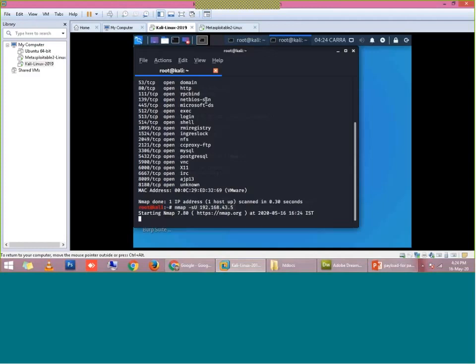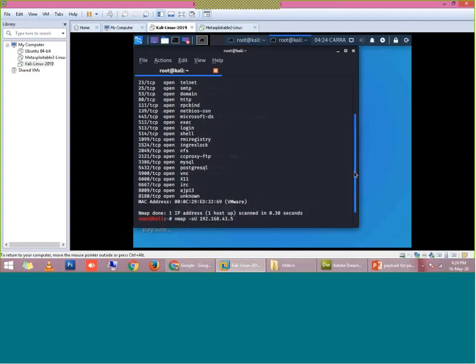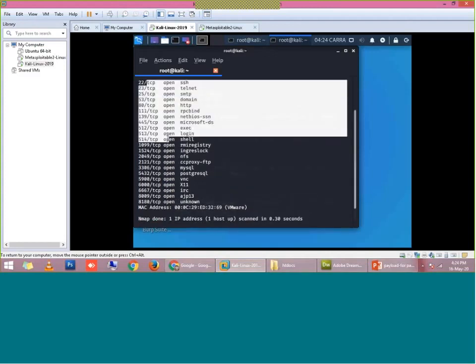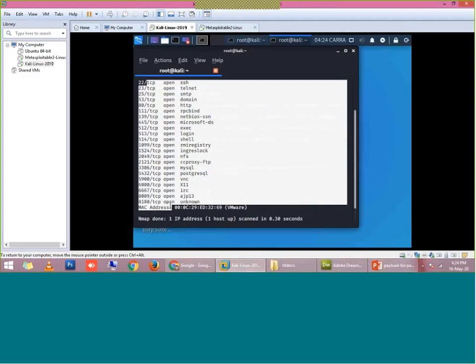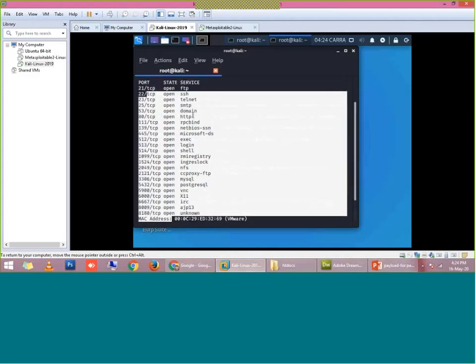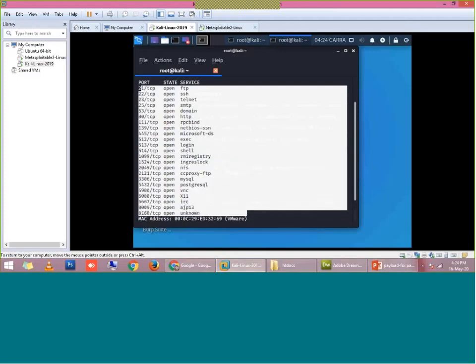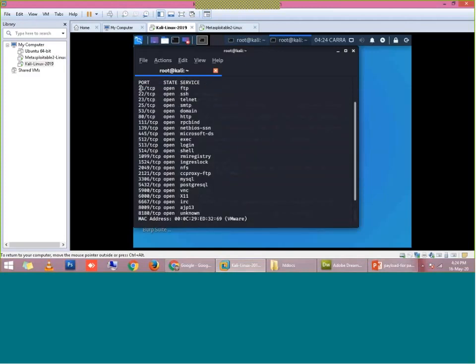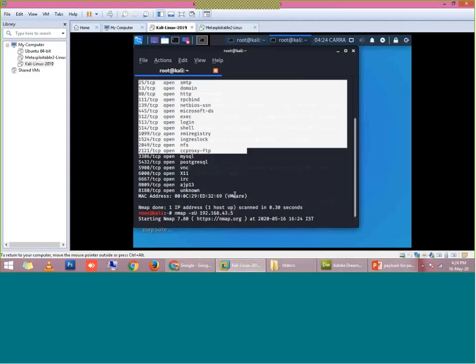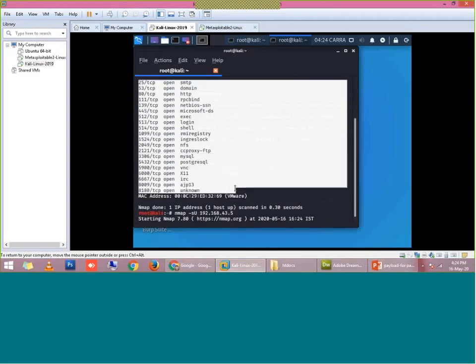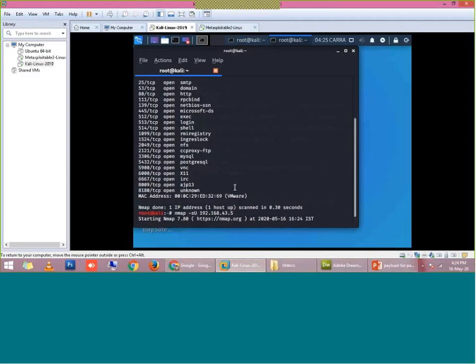But because most of the scanning which I have done, you can see that most of the scanning is scanning for TCP connections only, right? So whatever scanning I have done till now, most of the scans are scanning for TCP services, or those which are running using TCP connection.